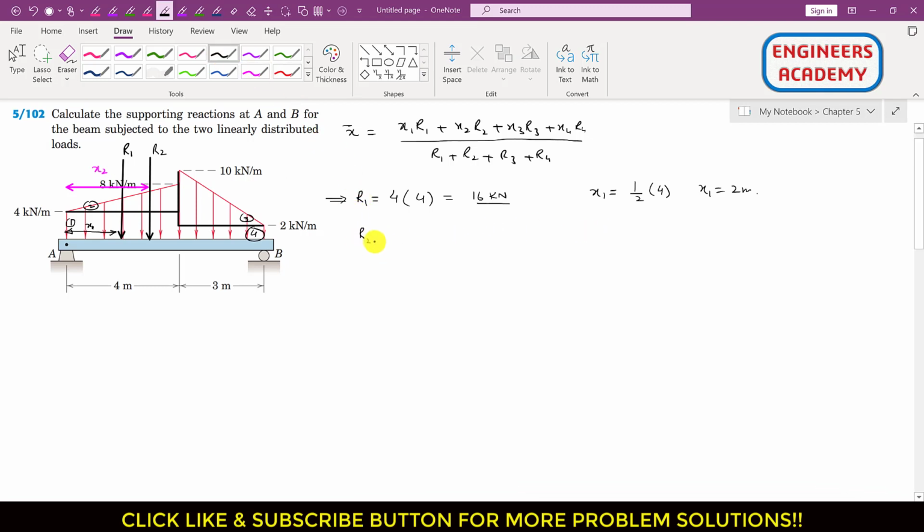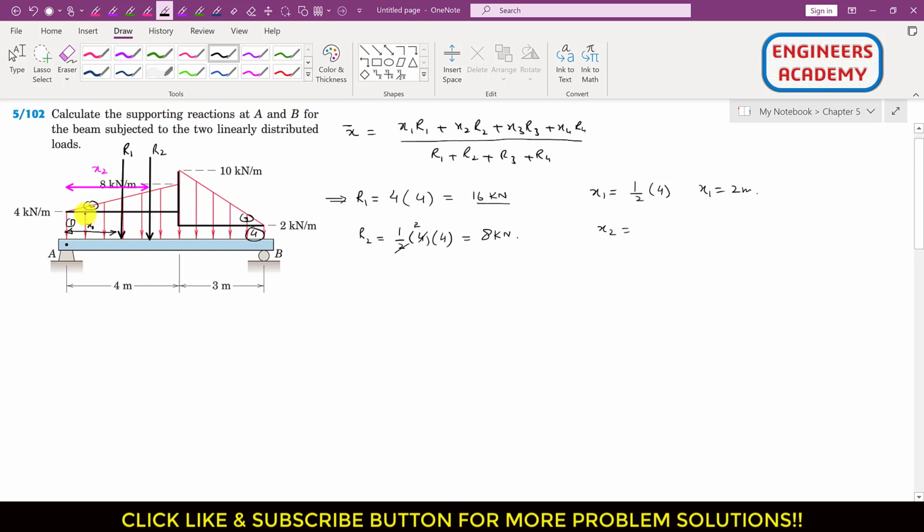So R2 will be equal to the area of this triangle 2, right? So we can write this is half, this base is 4 meters, and this height. So now what is this height, right? This overall height is 8 kilonewton per meter, but this height will be 8 minus 4, right? So this means that the height of this area 2 is 4 kilonewton. So I will multiply this with 4, right? So this is 8 kilonewton. So we can write that R2 is 8 kilonewton, and x2